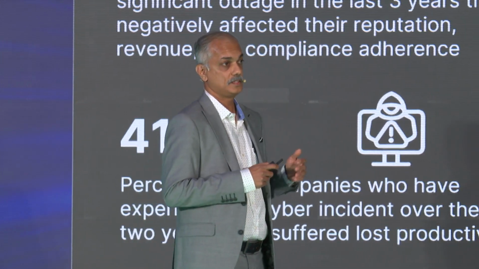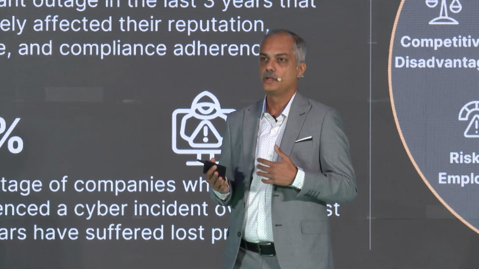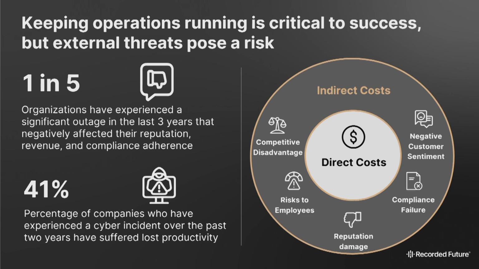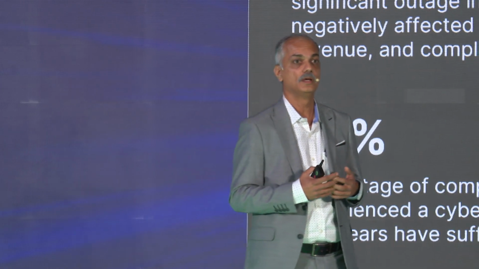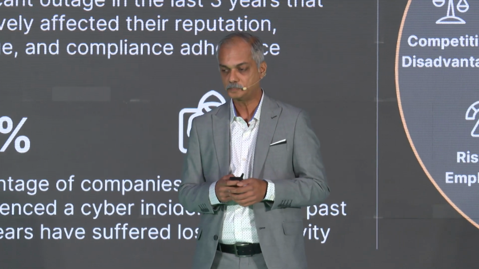And this is the same when it happens with breaches also. We oftentimes don't look at, I mean, we look at the direct costs involved here. Okay, what is the data gone, what is the amount of data, and what is the cost for the data? That's a direct one. But these that I mentioned as effects, like the competition taking advantage, the negative customer sentiments, these are all the indirect costs that are involved in this operational risk.